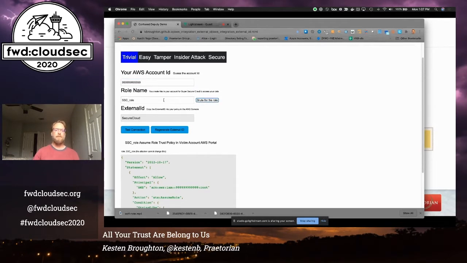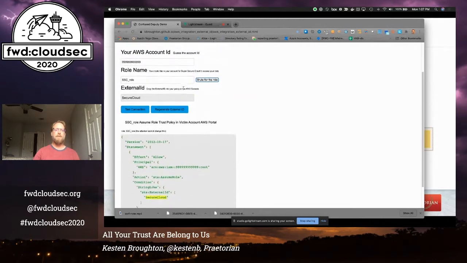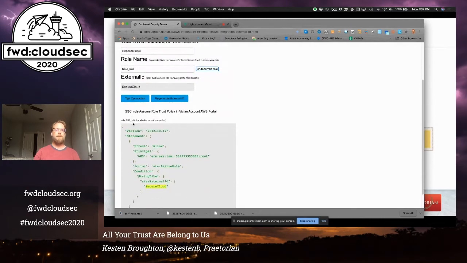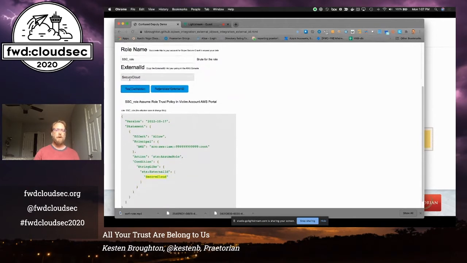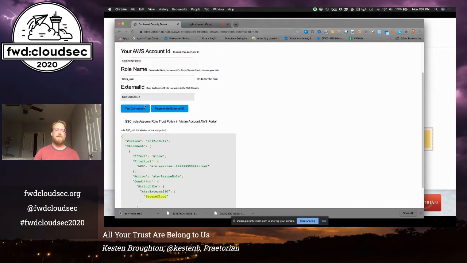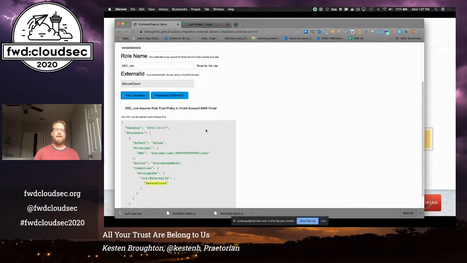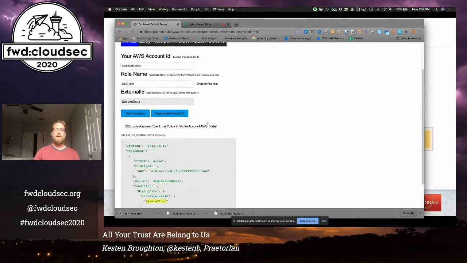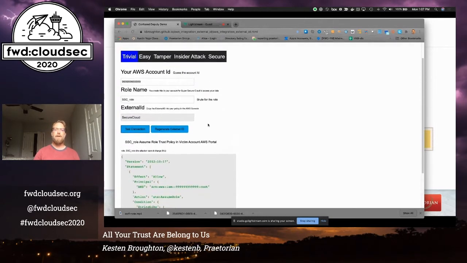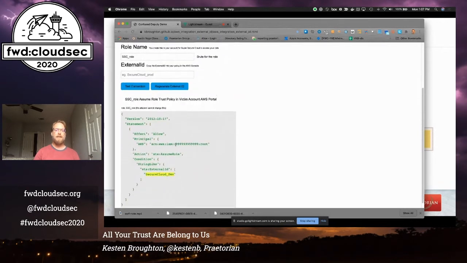But if we were to simulate the brute force, then perhaps we were able to guess the role. And then finally, we would type in the secure role. I think I'm going to have to do this twice. Here, there we go. So we got the external ID, and that test, when it went to test connection and showed succeed, if I was able to do that on resources that weren't my own, that indicates that we've got an insecure vendor. So just going quickly through these, the easy attack would be if they had changed the external ID to something else that was fairly